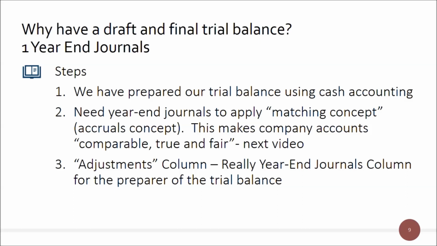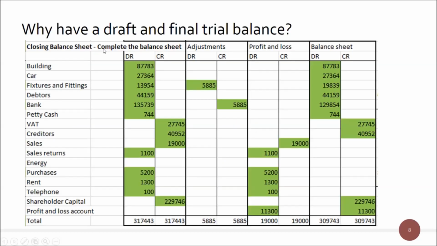So the adjustments column is, first of all, what you would see as the year-end journals column for the preparer of the trial balance. It will be one person who's taken their draft trial balance. They then prepare the year-end or period-end journals. They might do this monthly, but typically you tend to do this year-end, and they will prepare a series of journals. They will put them in the adjustments column here. So what this will really look like normally is this would be called year-end journals. The journals will be put into this column here,